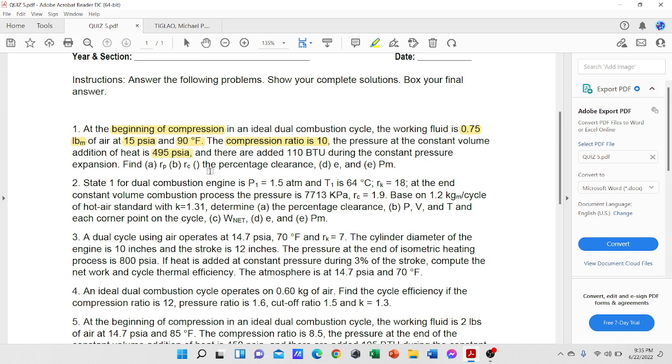Then, meron tayong there are added 110 BTU during constant pressure expansion. So, meron tayong QAX na 110 kasi sabi niya constant pressure. Kapag sinabi natin constant pressure, nasa 3 to 4 tayo. Therefore, meron tayong QAX. Then, sa solution ko,